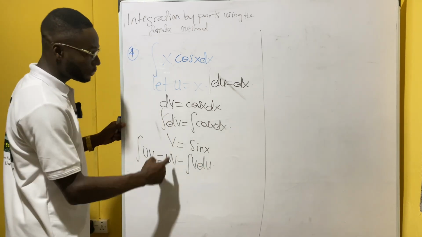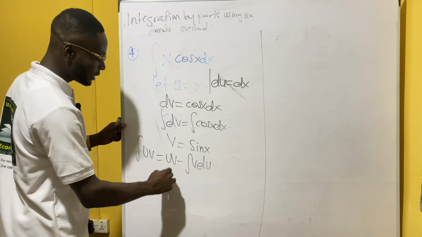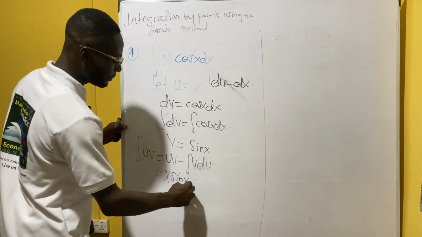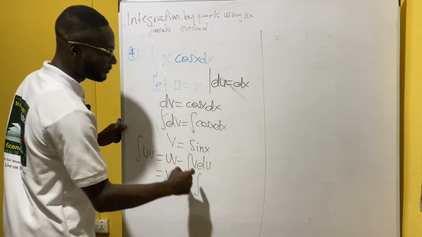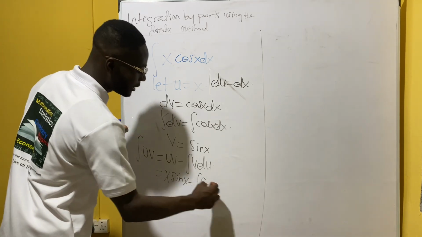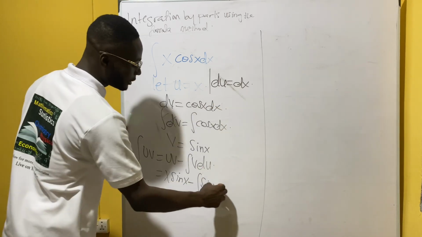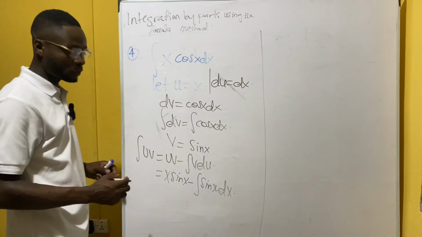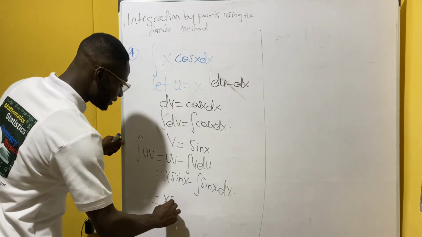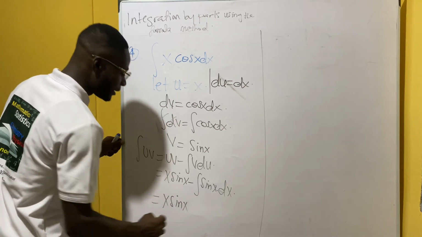So just put them inside. Our u is x, our v is sine x, minus the integral of v. The v is sine x, and the du is right here, the dx. Good. Right here, we're going to have x sine x,